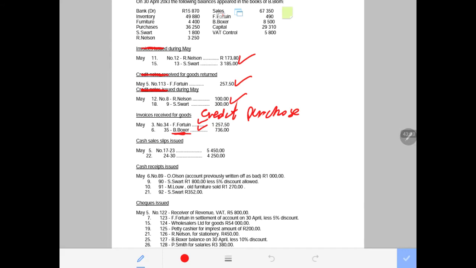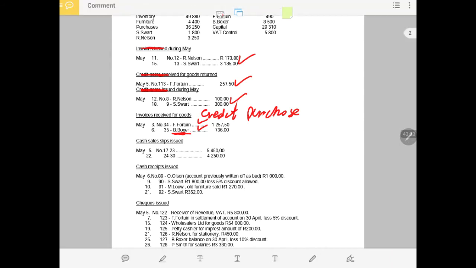It says cash sales. That means we did not pay here, we sold. Cash sales, meaning we sold for cash. So now if you sold for cash, that means this will go to the cash receipt journal. Cash was received because the inventory was sold. And we don't have the name of the customer, it was just a cash sale because it's not a credit